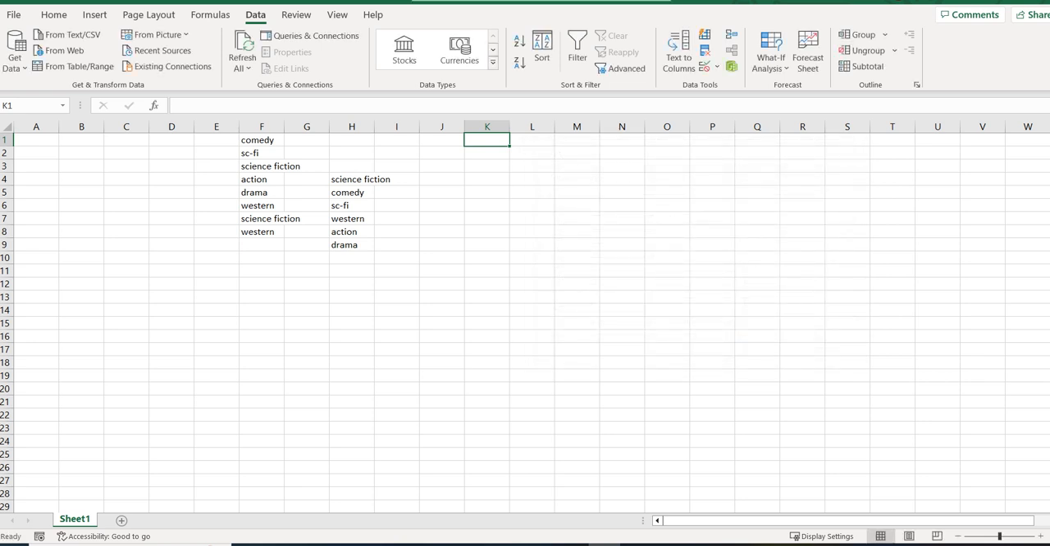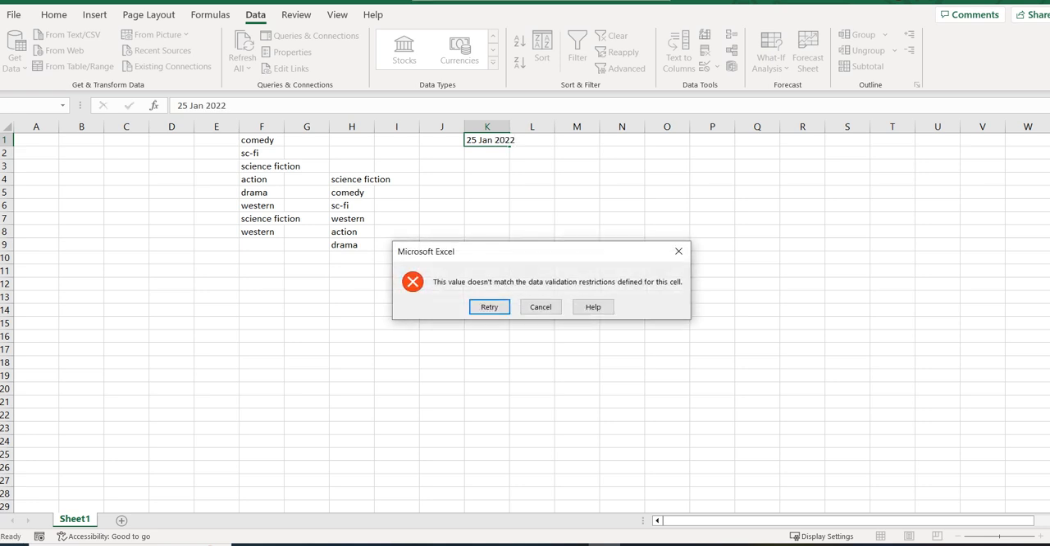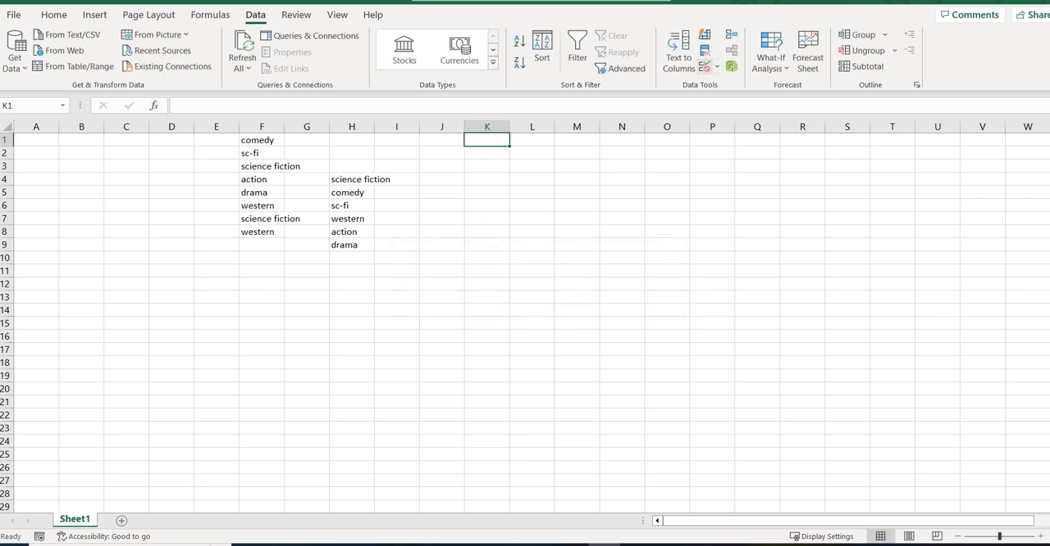Okay, and I'm now going to enter a date. I'm going to say 25th Jan 2022, and then I get a pop-up message that says the value doesn't match, retry, etc. If I click help, then it will also take me to a page that will explain what I need to do. Okay, so there are various options that you have,